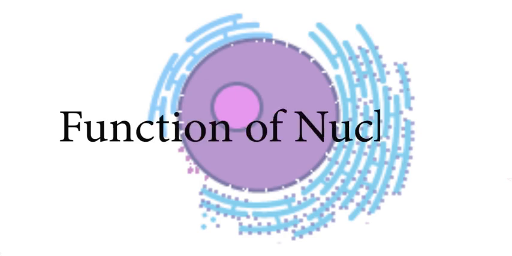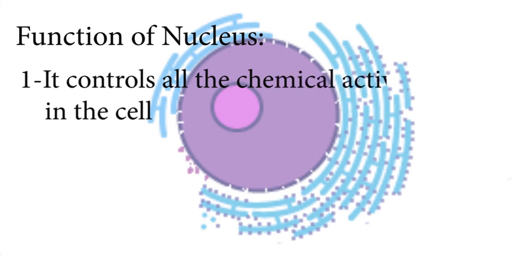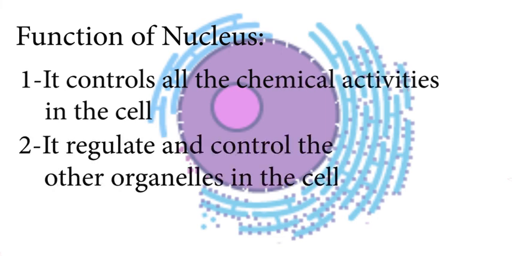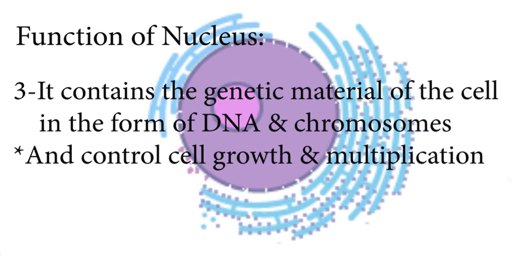Now we will discuss the function of the nucleus. It controls all the chemical activities in the cell. It regulates and controls the working of other organelles inside the cell. It contains the genetic material of the cell in the form of DNA and chromosomes and controls all cell growth and